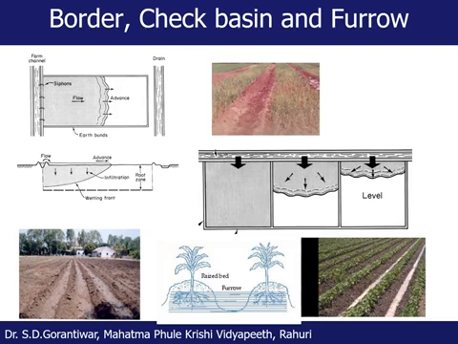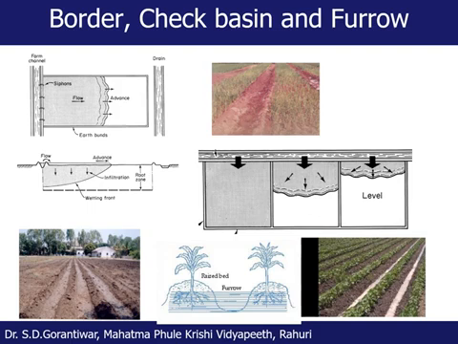Then if you see the left hand side of the sketch and right hand side of the sketch, I have shown how the ridges and furrows is practiced. So basically this border, check basin and furrow irrigation method, these are the surface irrigation methods. The principle is water is moved over the land surface, and as water has to move over the land surface